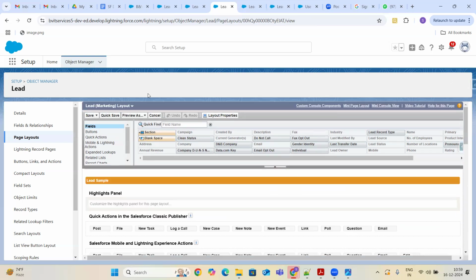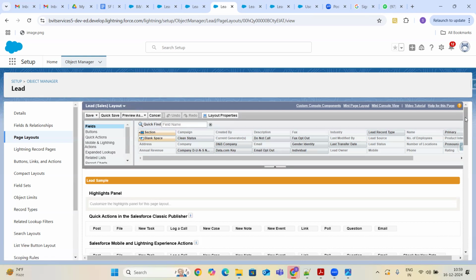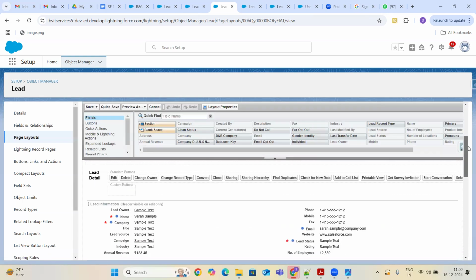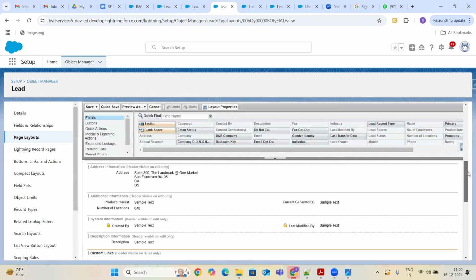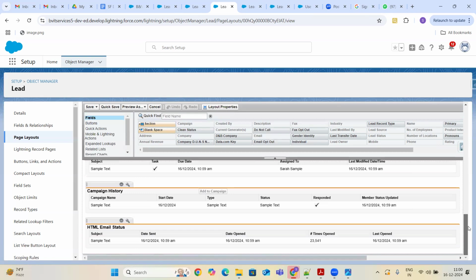And if we go to the lead sales layout, you can see the campaign history is extra.